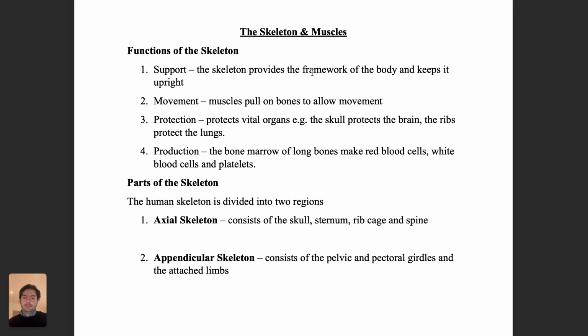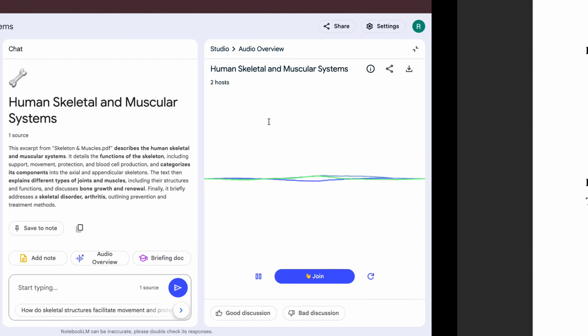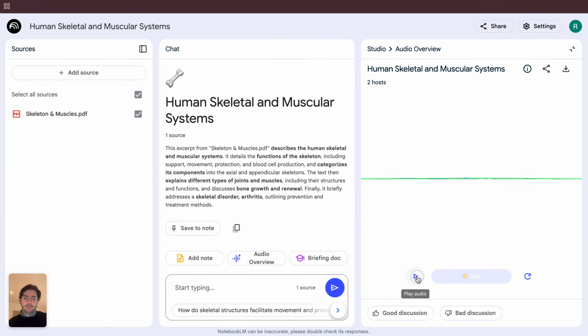Yeah, like scaffolding, but we're going to uncover how the skeleton, along with our muscles, allows us to move, how it protects our organs, and even, wait for it, how it creates essential